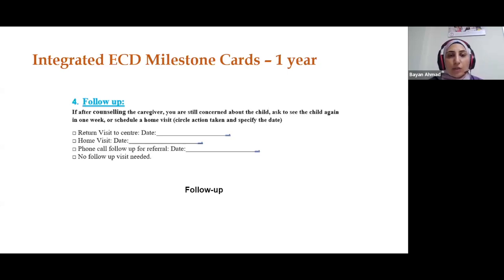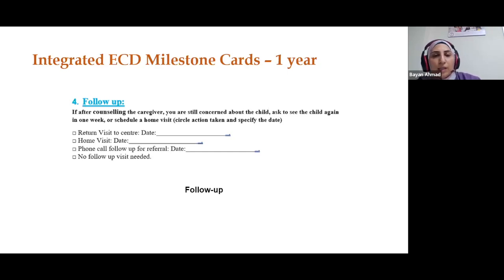And also she should check if there's a need to follow up with the child and the caregiver, if the caregiver should return with the child to the ECD corner to be followed up, and also tell the caregivers when they should bring back the child to the ECD corner to be followed up. Or if there's a need to conduct a home visit to check, for example, the environment where the child is living,